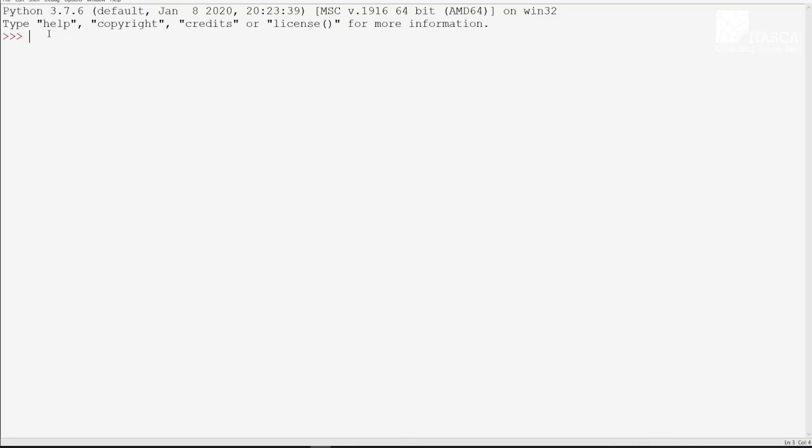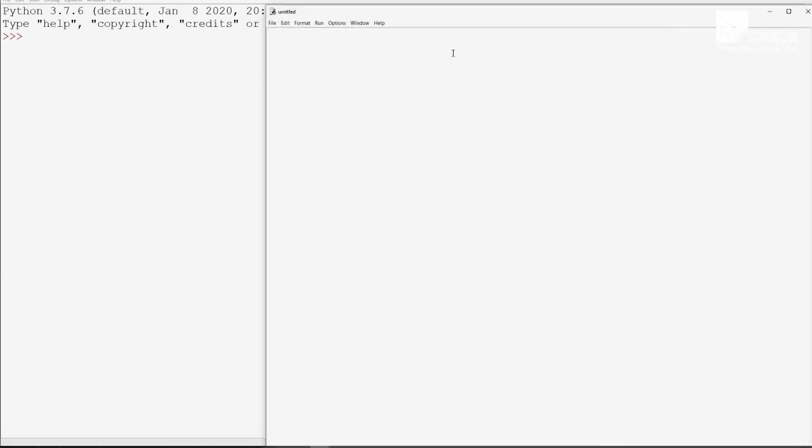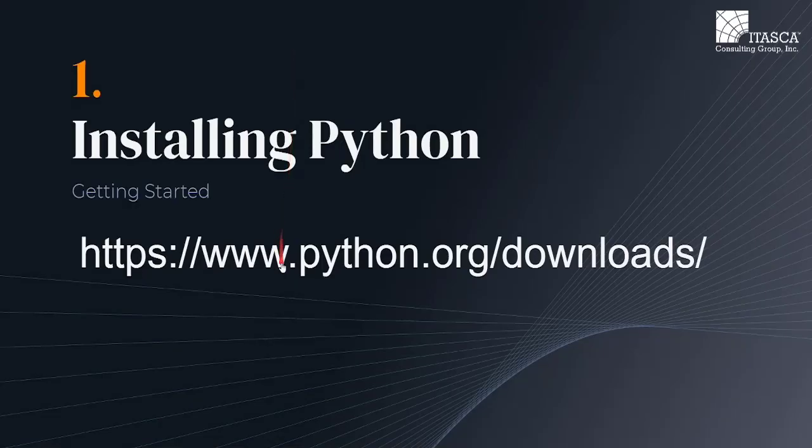So throughout the course of this lesson, as I go through and make examples, I'll be writing these examples in a new Python file, which I will then execute by going to the run menu and hitting the run module button. And so it might be helpful to pause the video and go to this link here so as to download Python